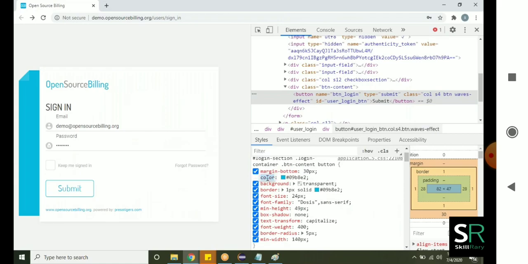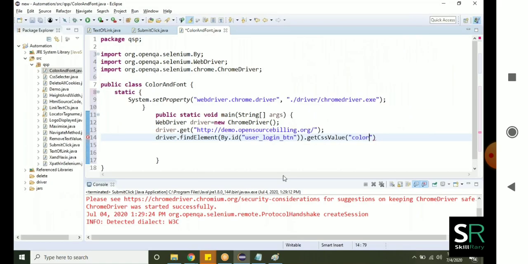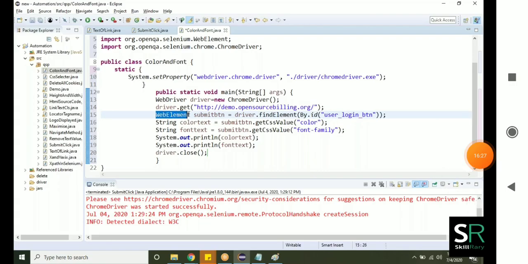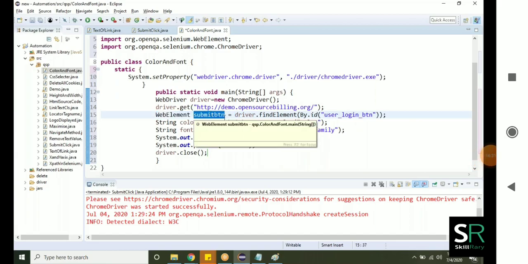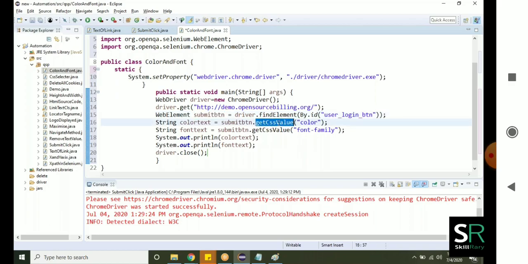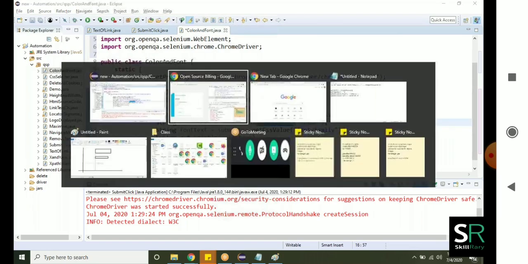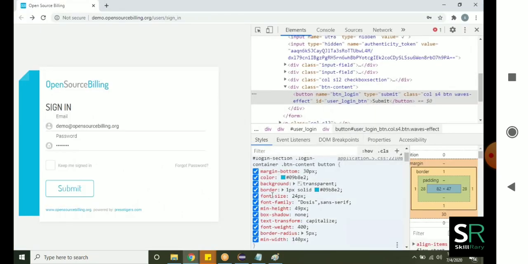Same thing, copy and paste color. It is going to read the color. Or else put it in one reference. We are finding the element, and the address is stored in the submit button. After finding the element, there is a method in WebElement called getCssValue. Whenever you want to get anything like any color or any font size, you can also get it. Shall I get the font size of the